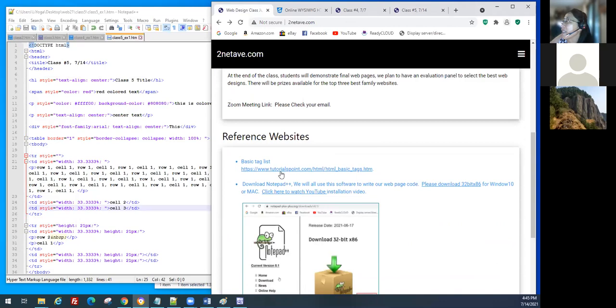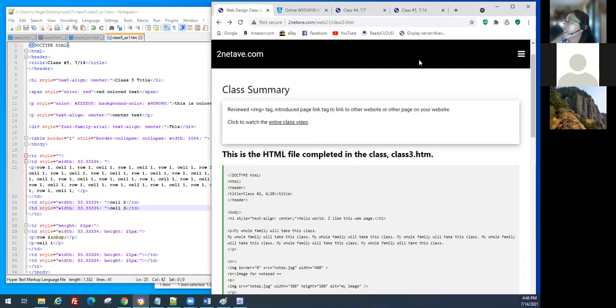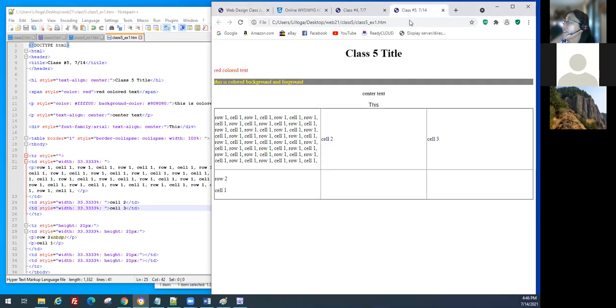Here is the basic tag list. Each tag, even this table, it's just going to give you all of them. You cannot remember, no one can remember all the tags, all the details. So it's the only way to do it: just try it, practice it. And I think in next lesson,